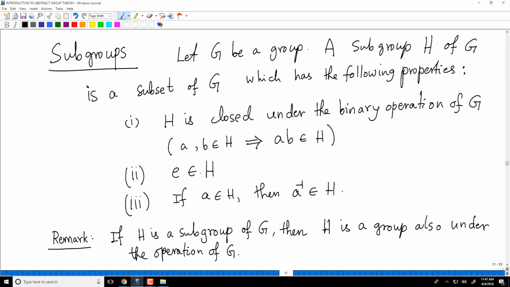It has identity element, it has inverses, but a group has another property, which is associativity. But remember that associativity comes for free in this case, because associativity holds in G. So, if you get 3 elements A, B, C in G, you can group them in either of the 2 ways to get the same answer. Hence, if 3 elements are given in H, associativity holds automatically for them, because they are elements of G. So, it is also a group. We do not need to check for associativity separately.